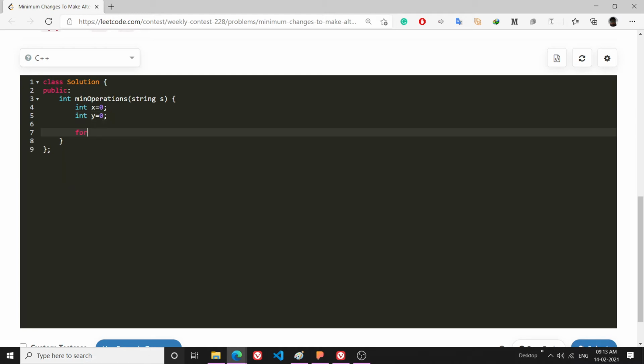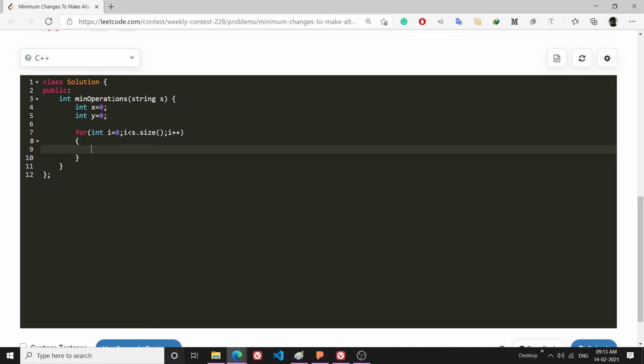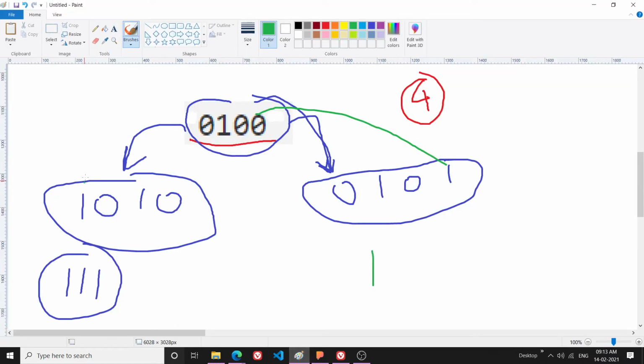Now let's make a for loop: for int i is equal to 0, i less than s.size, i plus plus. Now I will test for case 1. In case 1, at all the even indexes, this is index number 0 and this is index number 2, there should be 1.